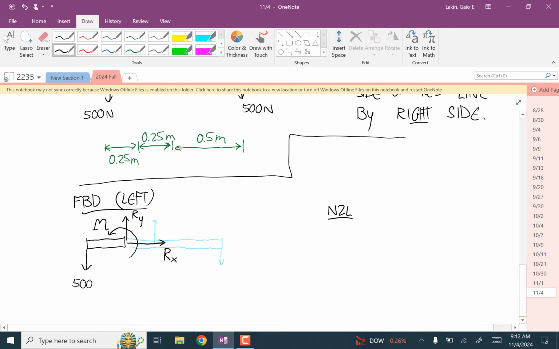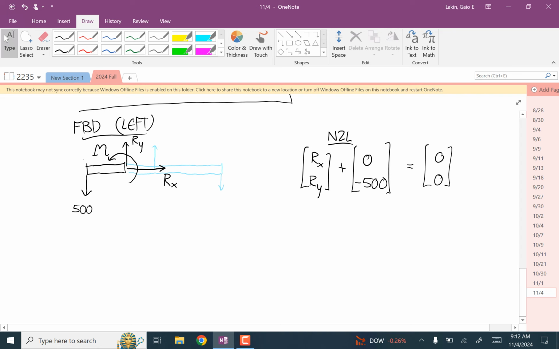So for the X component, I'll write it out as full Newton's second law. So we have Rx, Ry, plus 0, negative 500 is equal to zeros. And then the moment equation, and I'm going to choose my about point to be here. So the moment equation says M, and then